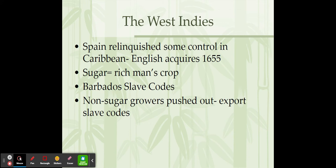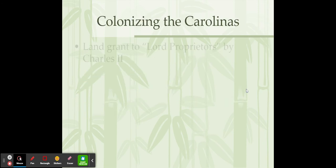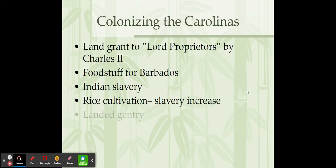It is a way for the whites to maintain dominance. So not only are those non-sugar growers leaving Barbados and moving to the Carolinas, but they're bringing with them their ideas of slavery and these slave codes that will ultimately filter through the other English colonies in North America. So speaking of the Carolinas,